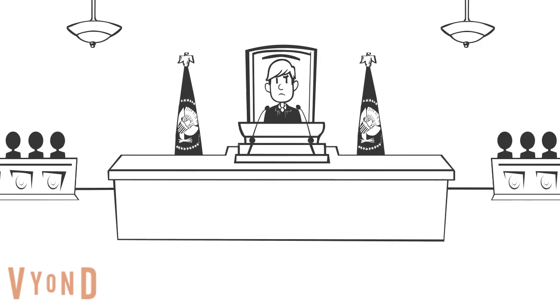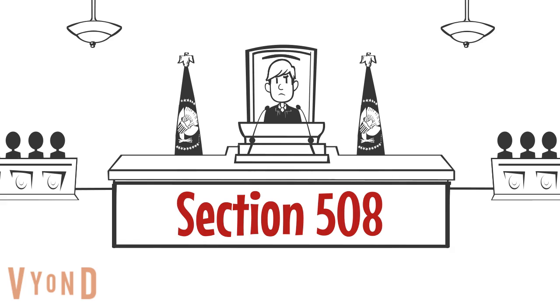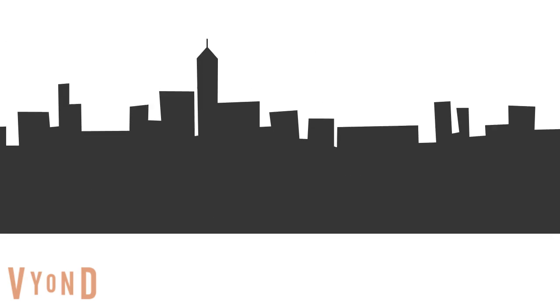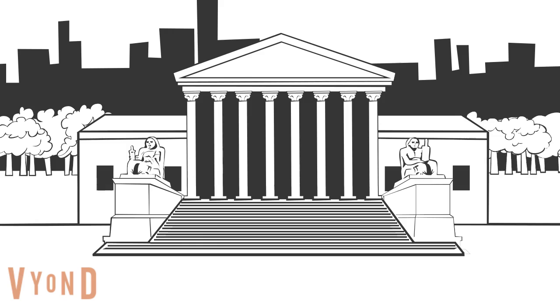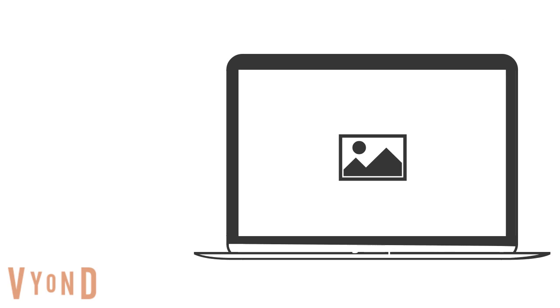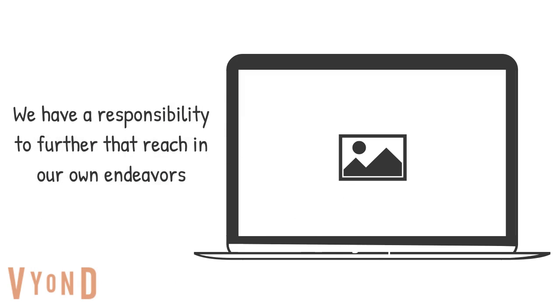The United States federal government passed Section 508 of the Rehabilitation Act of 1973. This section mandated that federal government websites and technology must be accessible to people with disabilities. While you may not work for the federal government, we all have a responsibility to further that reach of accessibility